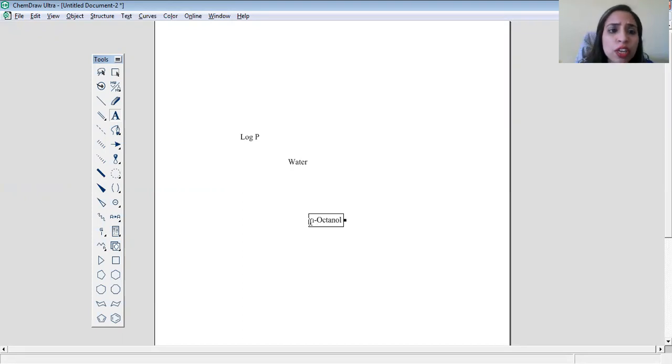Because when we need to design or synthesize a new drug, ultimately that needs to distribute in our body, and we know that in our body there is a semi-permeable membrane, and for crossing that semi-permeable membrane we need to have a lipophilic drug. But when we need to solubilize the same drug into the phosphate buffer in our stomach, in the GIT tract or in the small intestine, at that moment we require hydrophilicity.